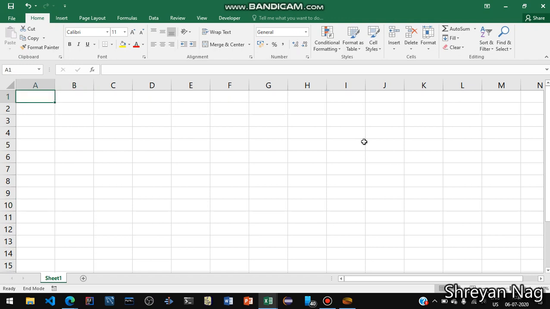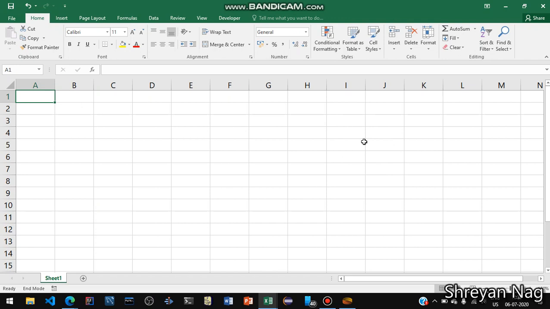Control followed by End. Now if you want to close the active window, which is the current window, you press Alt F4, but we are not going to press that, because if we close down the window, then we have to open it again. So right now we just want to enter some data.